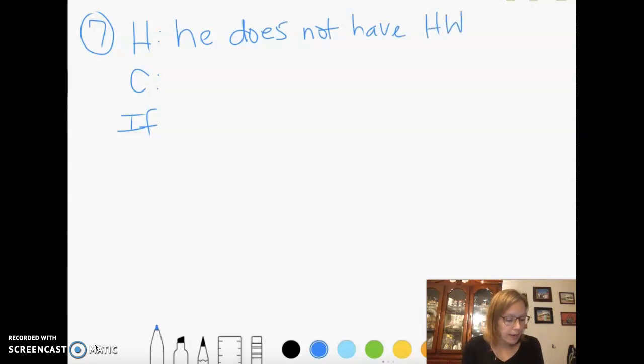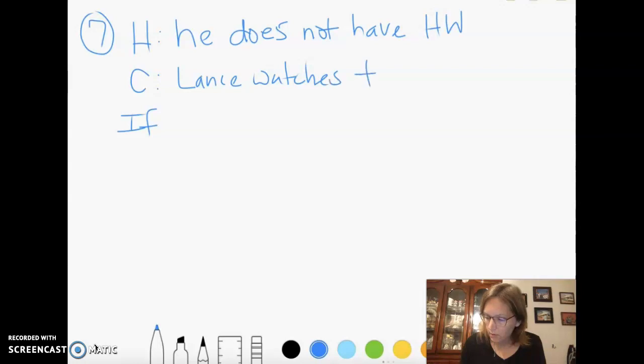And then my conclusion would be the other part of the sentence. What happens if he does not have homework? He gets to watch TV, right? So Lance watches television. Oh my goodness, I can't talk or write. Okay. Lance